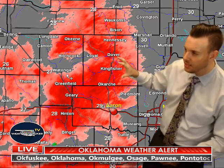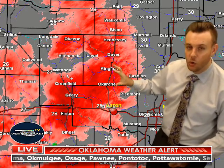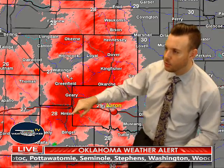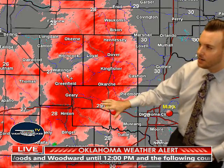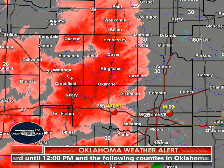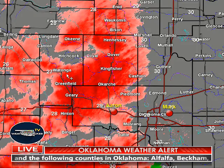Now, it looks like a lot of the lightning with this northerly flank of this, up through here, is starting to ease down a little bit back there towards Cordell out in western Oklahoma. I see a lightning strike there, but a lot of the lightning here is starting to ease on down. But I tell you what, it's a different story here, and it looks like it's trying to start to pick up right where you are there, Aaron. We're going to check your video again here in a second, but I want to go back down to the